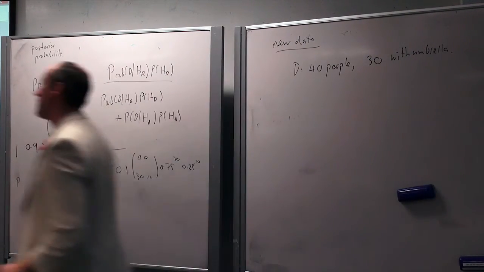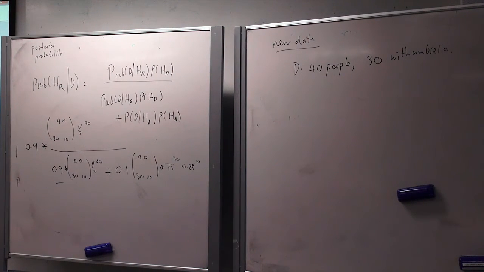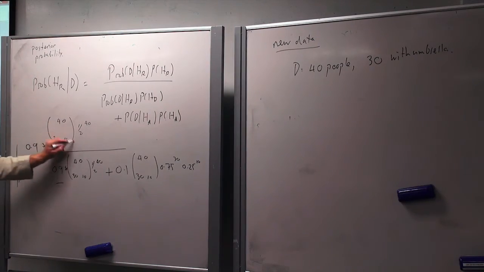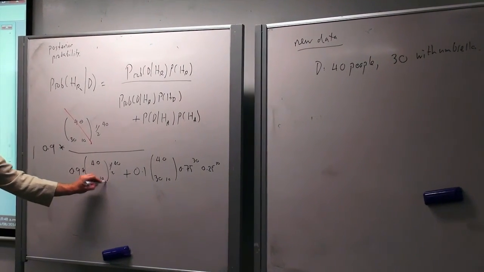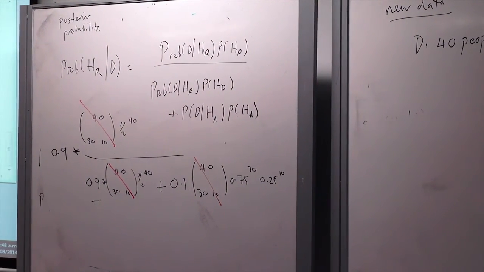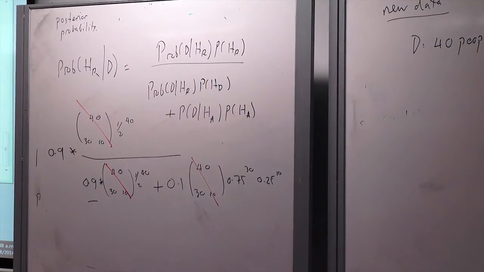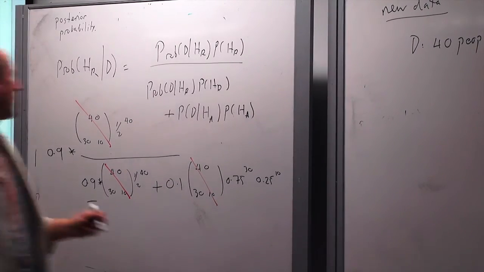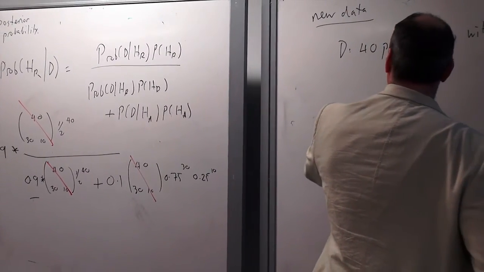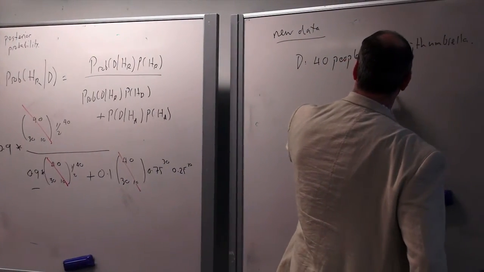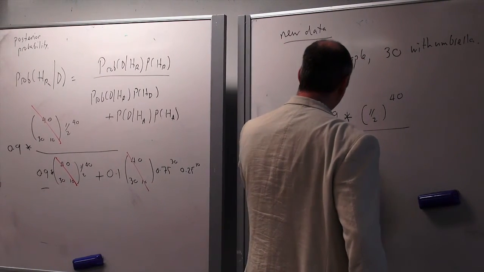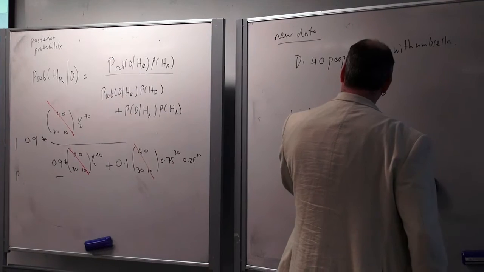So I can cancel the combinatorial term from the top and the bottom in the same way that I was cancelling the fraction beforehand. That just disappears from the top and the bottom because it's a sum on the bottom, because it's xy plus xz, yeah? So what have I got? Altogether, I've got 0.9 times 1/2 to the power 40 over 0.9 times 1/2 to the power 40 plus 0.1